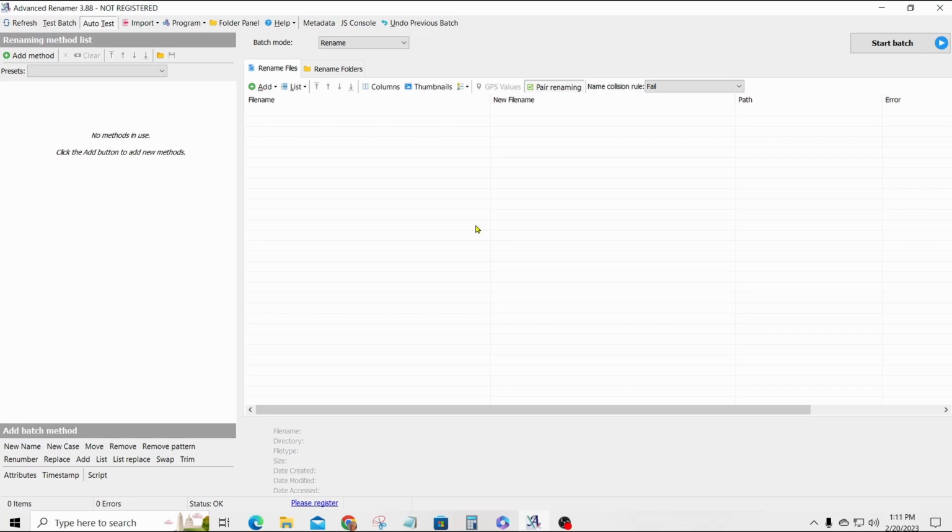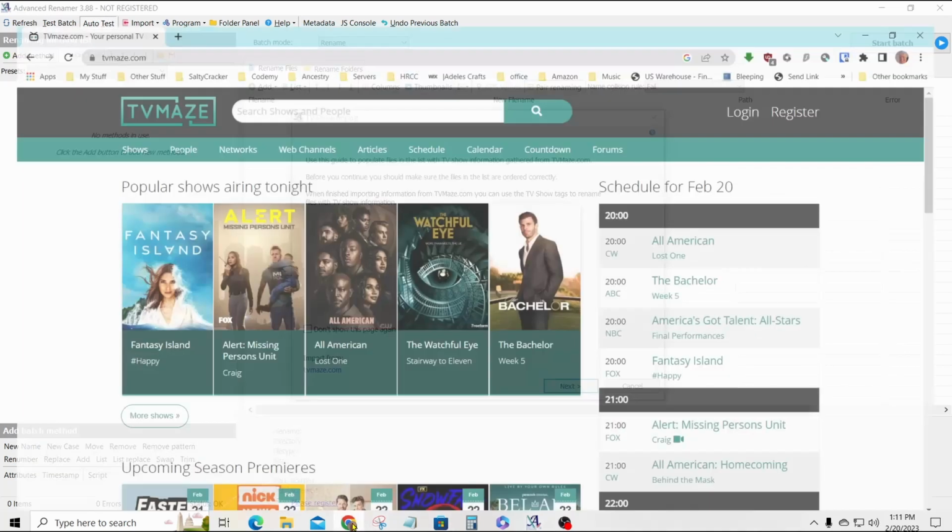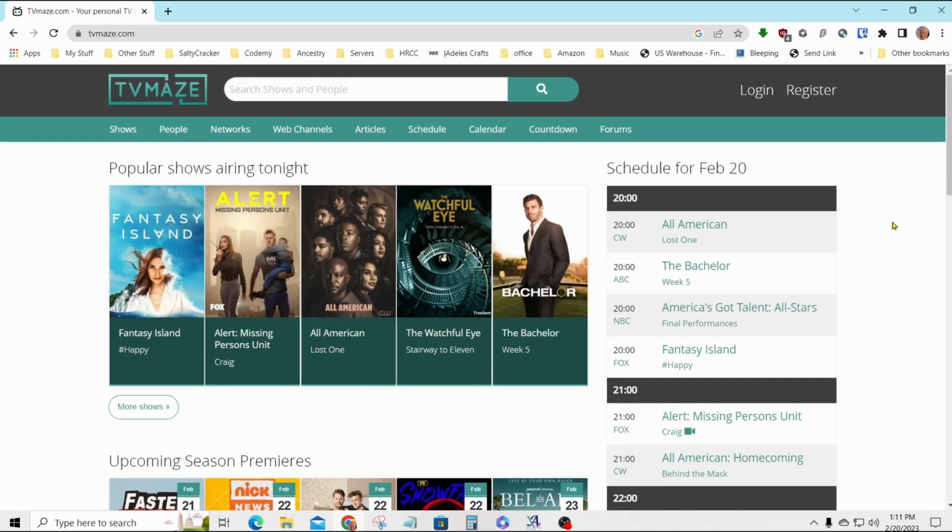I'd like to show you a better way to get your data for your Plex Server file names than I showed you in the first part of this video. You don't have to do any cut and pasting or sorting or deleting fields or anything, because Advanced Renamer has a built-in function. If you look at import, if you remember, we went here to get the data from a CSV file, but right below that there's a TVShow function, and you can see right here it uses a website called TVMaze.com. I'll show you TVMaze. Looks very similar to TVDB,